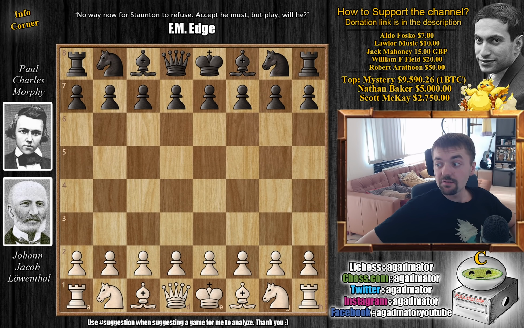We are continuing our 1858 match between Johann Jakob Löwenthal and Paul Charles Morphy, and this is the last game from the match we'll be showing. It's been a lot of fun, but you know, all good things must come to an end. But no worries, there are plenty of other matches against other very strong opponents. So like I said, the last game we'll be showing, and things not looking all that great for our good